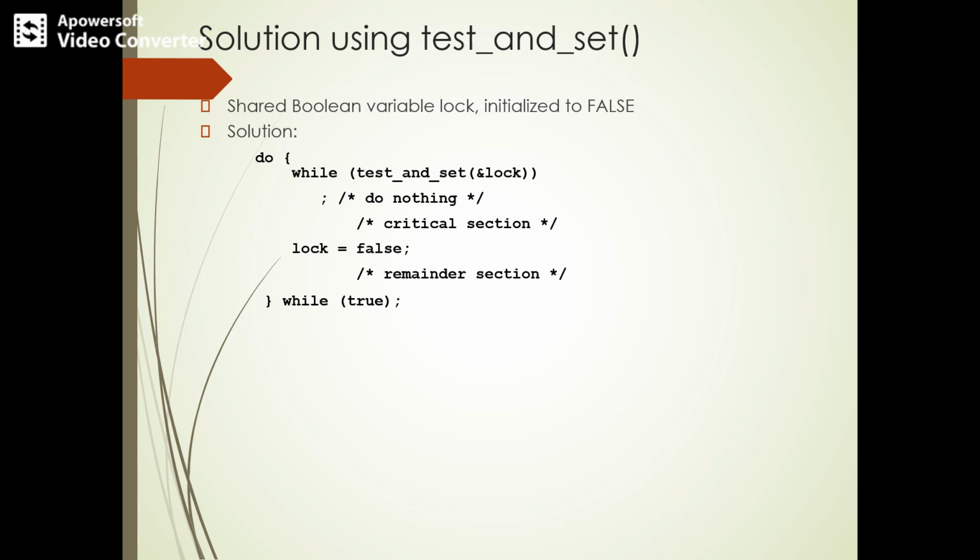So initially the lock will be set to false. If the lock is false, the process is not held up. Only if the lock is set for a particular process can that process enter the critical section. Once the lock is held, there is only one process executing in the critical section, and the lock can be released by setting lock to false. In that way we ensure that only one process remains in its critical section and no other process executes in between.